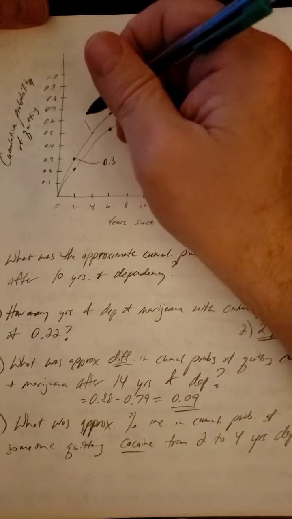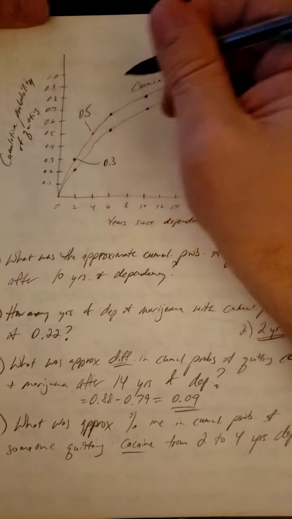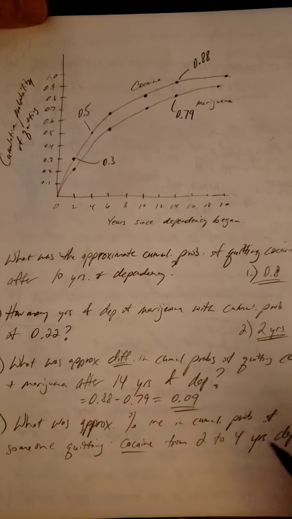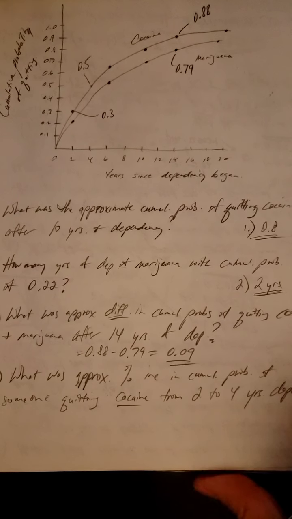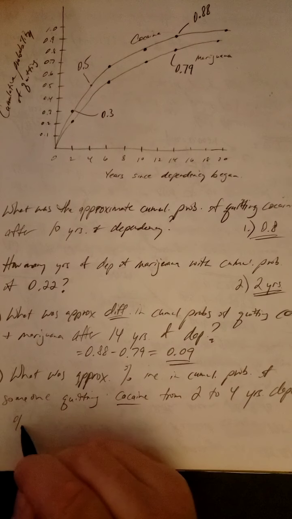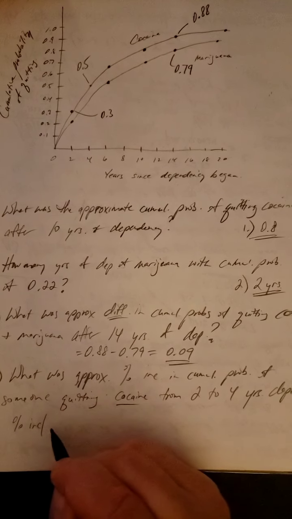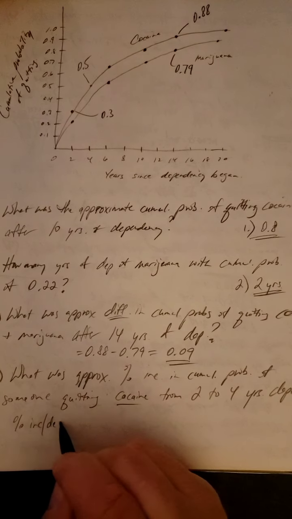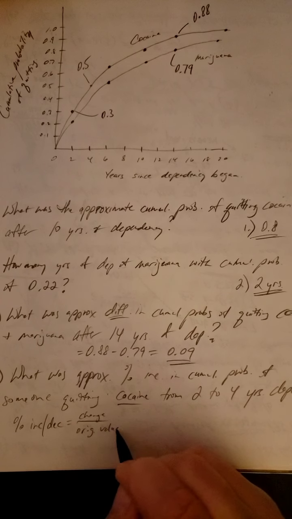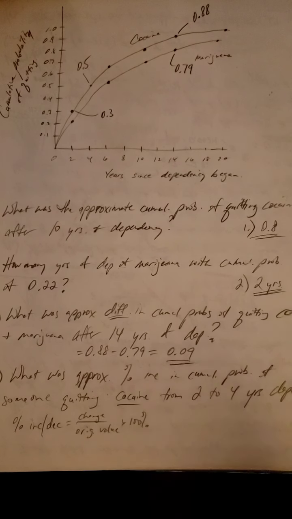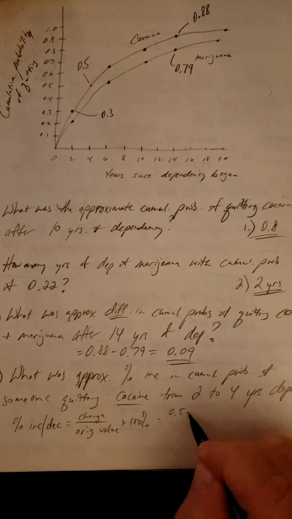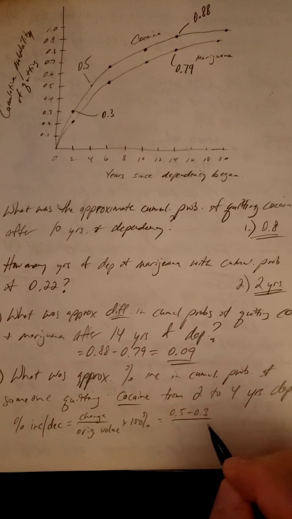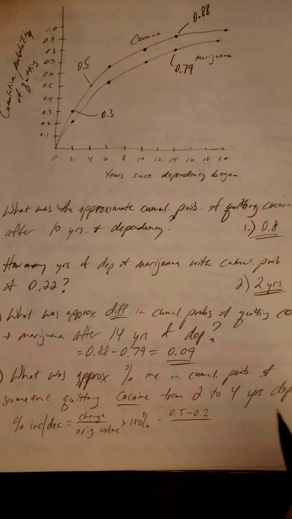So it doesn't have a point, so we're going to have to, again, just approximate. So now that we know what those values are at those 2 points in time, now we can use our formula. So remember, percent increase or decrease is always the same formula. It's the change over the original value times 100%. So now, if we find the change, we're just going to subtract those two values, but then we want to divide by what it was originally.